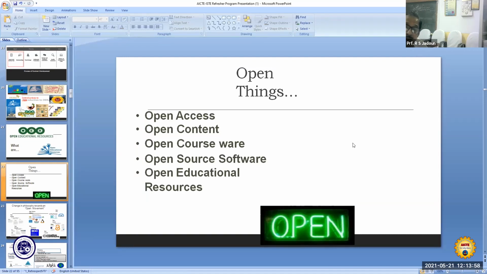So there is a need that we as technical teachers must know and help in developing this OER movement further for the benefit of everyone, faculty, student, or researcher, or anybody can use freely.